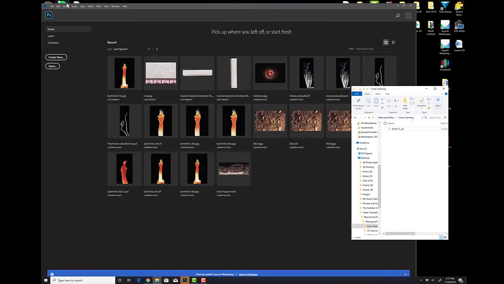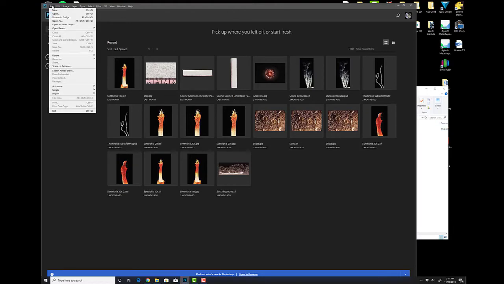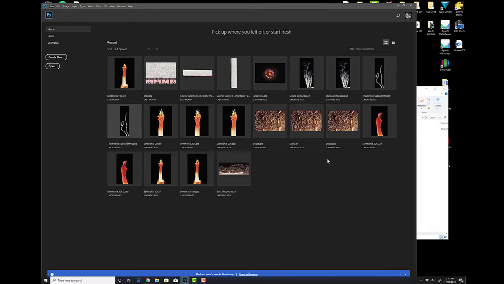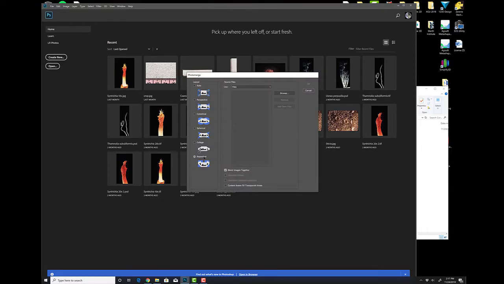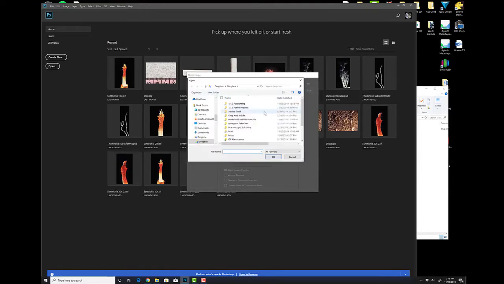But if you need it, we will absolutely get that for you. So what you can do now is go to File, and what we're going to do is go down here to Automate and Photomerge. Once you're at Photomerge, you're going to go to Reposition, and Reposition basically means that there's no alteration or distortion in the individual photographs to generate the panoramic. So it's going to be true to scale, and all of these images can be completely measurable with whatever analysis